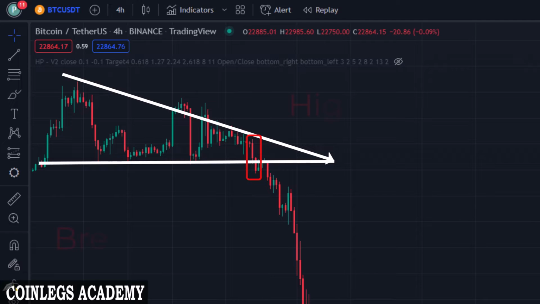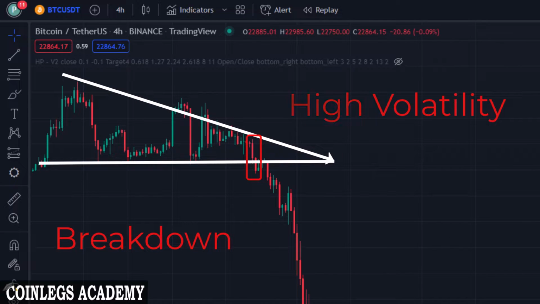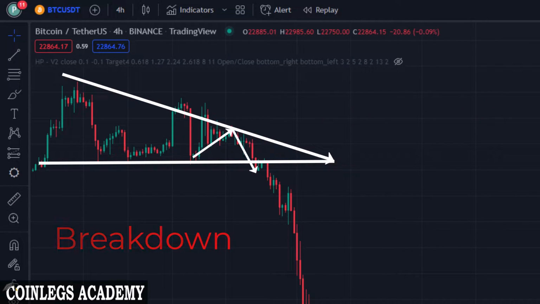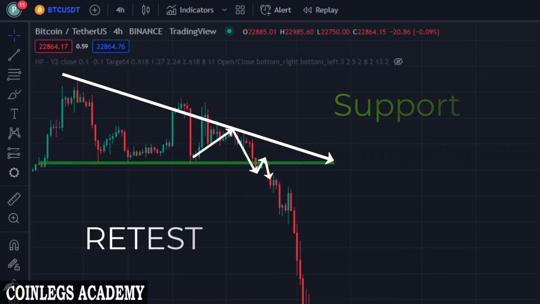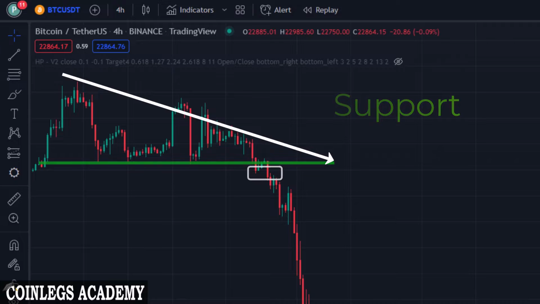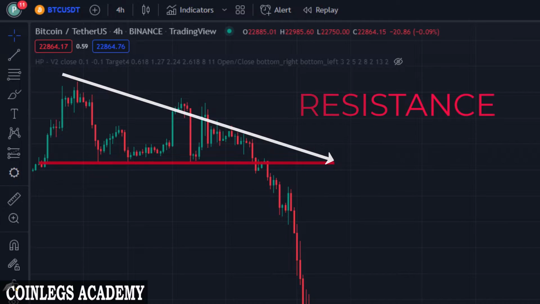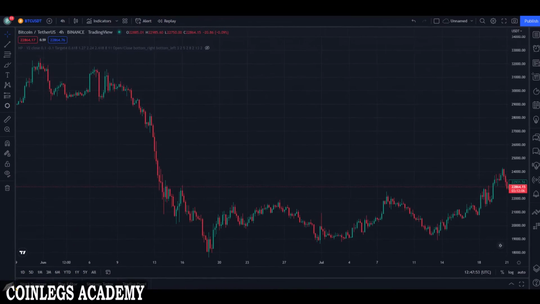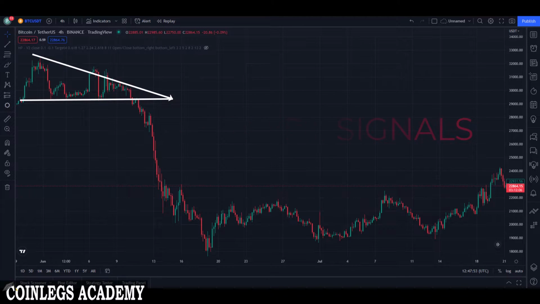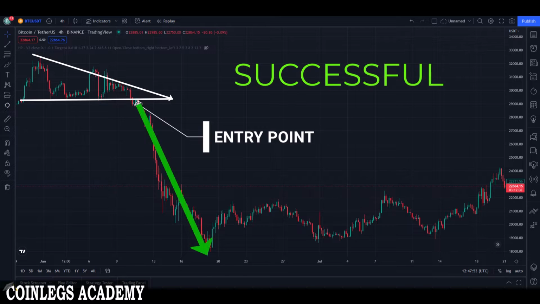As you can see here, we have a breakdown with high volatility candles, and after the breakdown, price retests this support zone and closes the candle below the support zone. Now our support zone becomes a resistance. If we consider all these bearish signs and take a short position here, as you can see, it's a successful